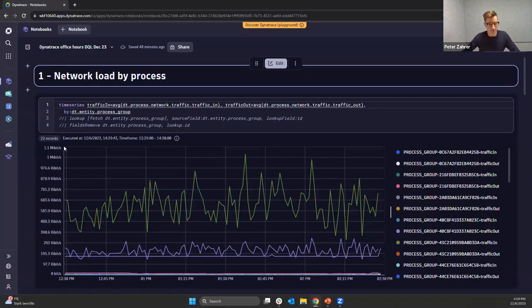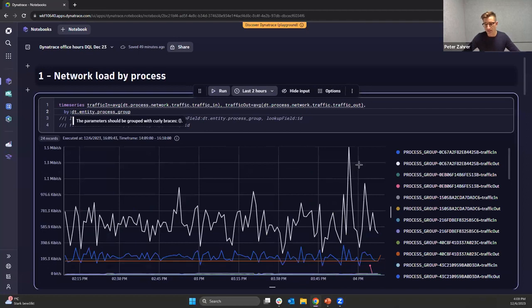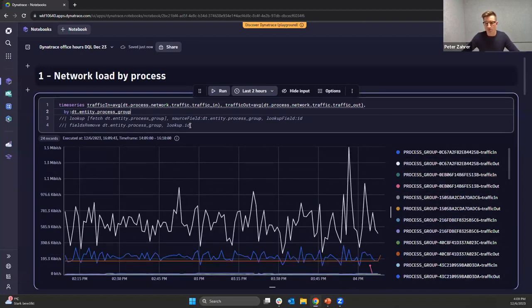So I will simply jump to the notebook here. I prepared a query that shows how we can query two metrics with one DQL request, right? Here I have a traffic in and a traffic out by choosing the network traffic metric, which is available in Grail, and then splitting this series result by process group, right? If we run the query, we get one series per PGI or process group, but what we want is not the